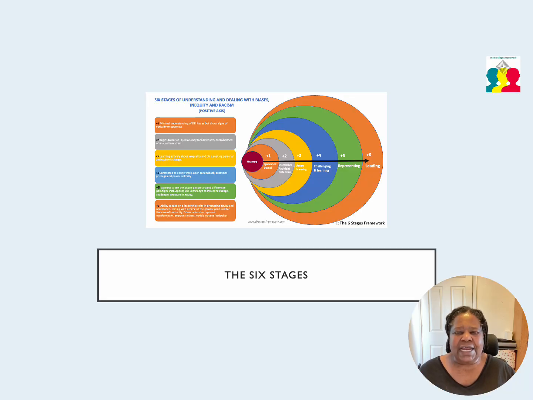So this next slide, the next 3 slides in fact, simply reinforce the visual identity of the 6 Stages Framework. You'll see this model throughout the journal and across our website and all of our work together. It serves as a mirror, helping you name where you are now, and as a compass, guiding your next steps forward.